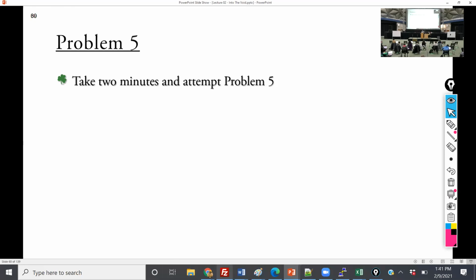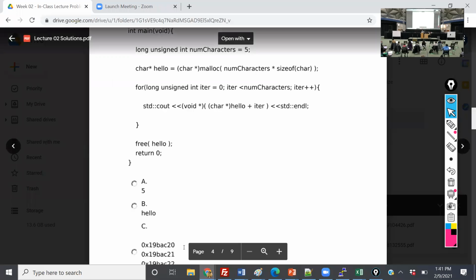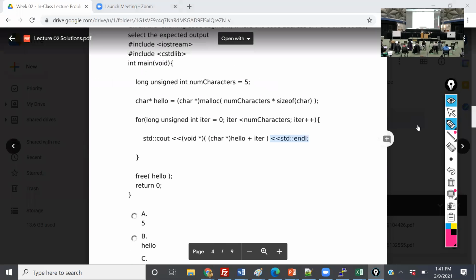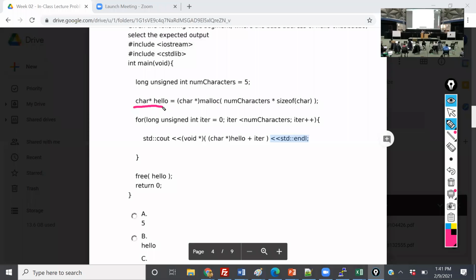Okay, so I'm going to show you what's actually going on with problem 5. So here we have a long unsigned integer, and we have char star hello. Now, if you remember from C, this is the reason why you had to put char star in front of malloc. So that way you are telling the operating system, this is always a character array. So now instead of void star, we're iterating through the length. So we have 5, and say that it's hello. We iterate, so it'd be 0, then 1, then 2. So we're actually moving that times the 8 bits.